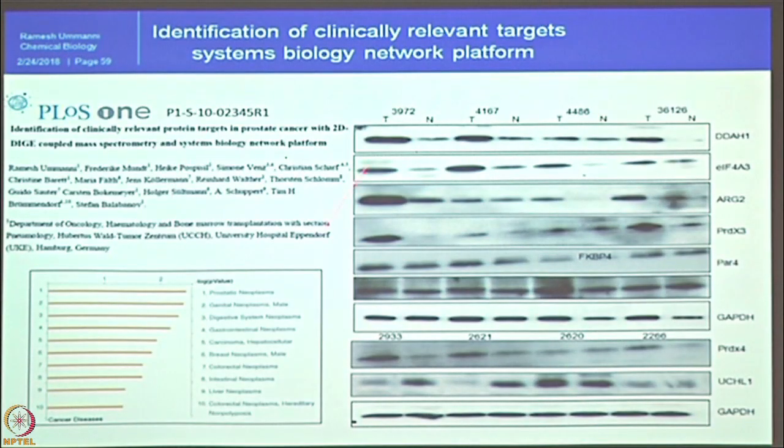So, this network platform we built using a systems biology based approach, and we enriched the marker analysis using software tools and the known information. These are the different targets I have highlighted to proceed forward. This list is also not small. Almost 10 proteins are there to proceed forward. You can see the difference between the tumor and normal very nicely here.